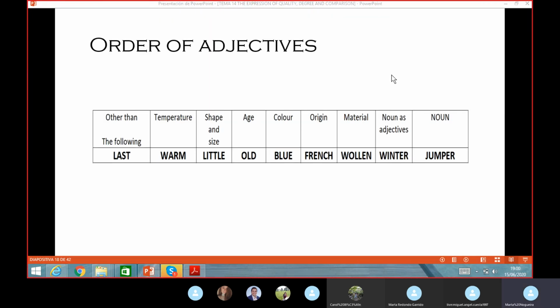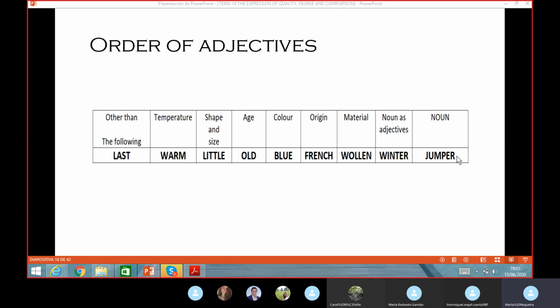Vale, luego también tenemos el orden de los adjetivos, ¿vale? Eso tiene que ver con lo que hemos visto porque el comparativo y el superlativo lo puedo hacer de los adjetivos y de los adverbios, ¿vale? Entonces luego hay una regla del orden de los adjetivos. No creo que entre esto, ¿vale? Pero siempre tenemos el nombre y delante todos los adjetivos que yo quiera poner, participios o todo lo que yo quiera, ¿vale?